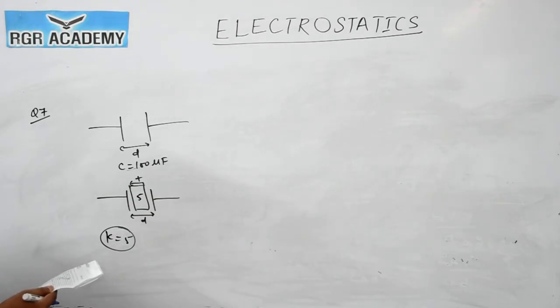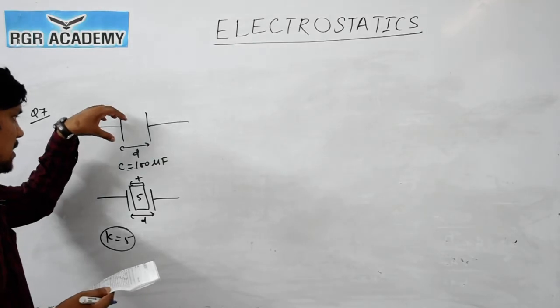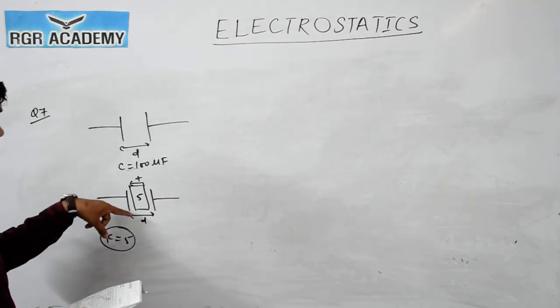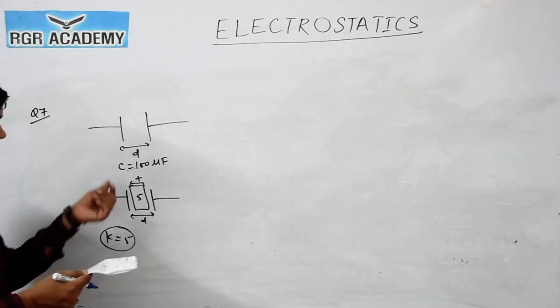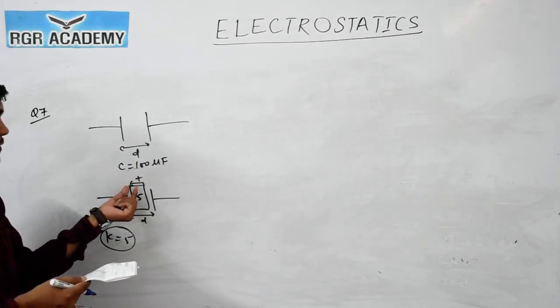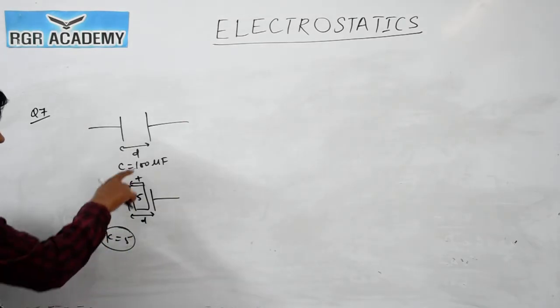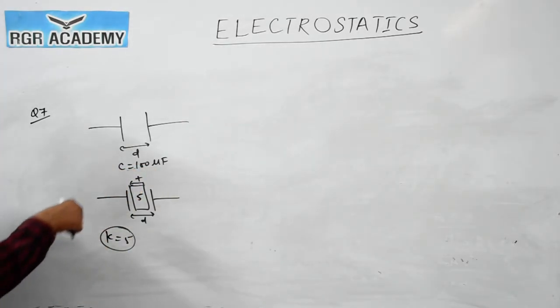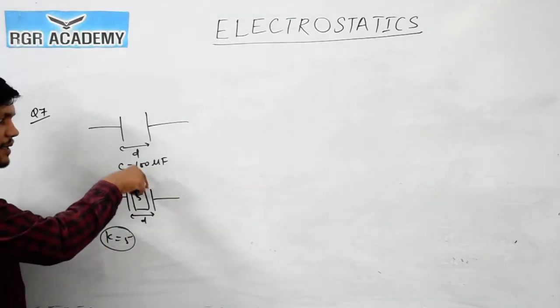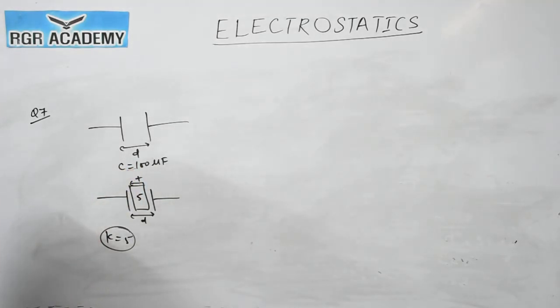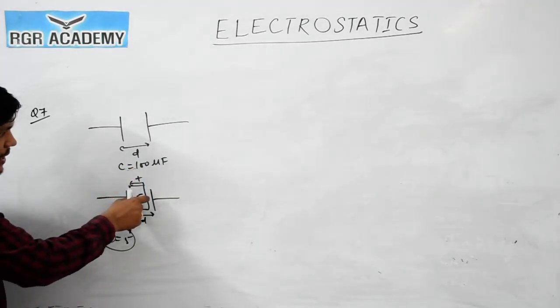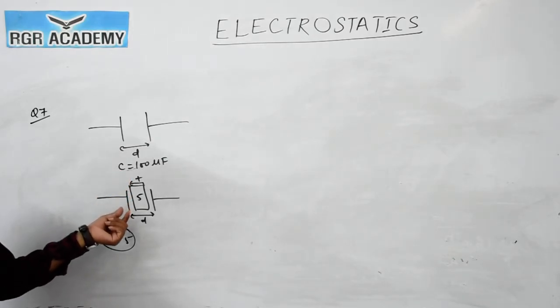Between the parallel plates, then the capacitance will be? See, if it is fully filled with the dielectric material, then the capacitance will become 5 times of this. But the value of t is less than d, so the answer will be less than 500 but more than 100, because when you insert any dielectric material between the plates of a capacitor, capacitance will increase. So the answer will be less than 500, but more than 100.